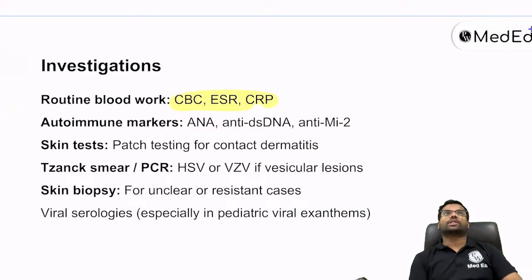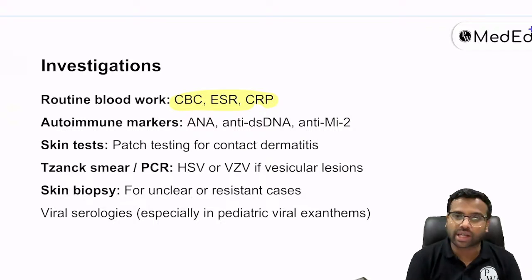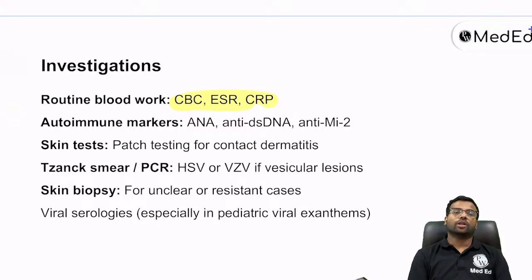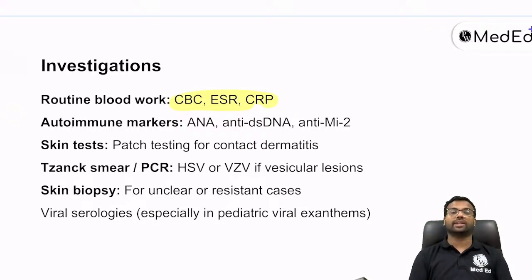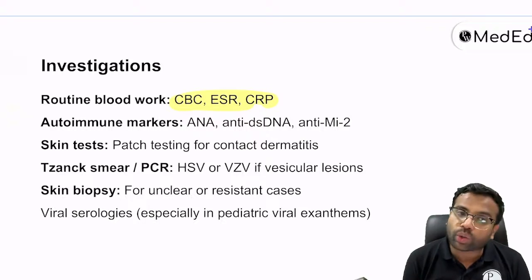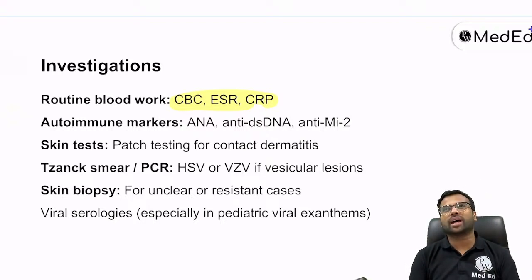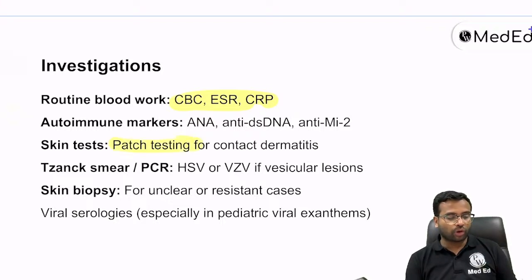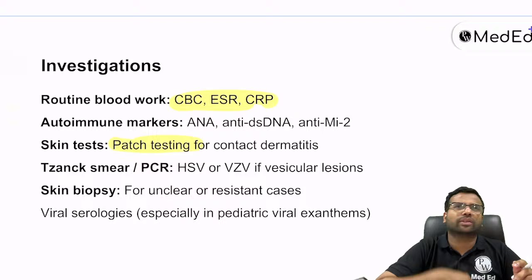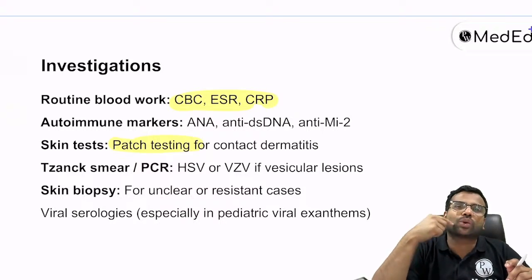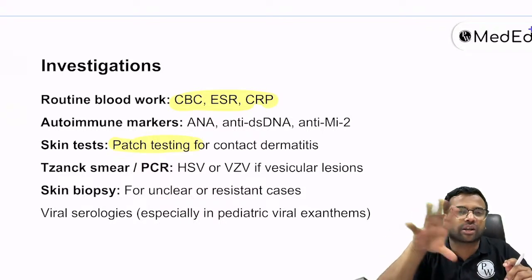Whenever you are suspecting something like dermatomyositis or SLE and all, you can go for investigations like anti-nuclear antibodies, anti-dsDNA, anti-Mi-2, etc. When you suspect that this will be because of an allergy, in those cases you can go for patch testing, isn't it? And if you see that the patient's vesicular lesions, especially this gets confused